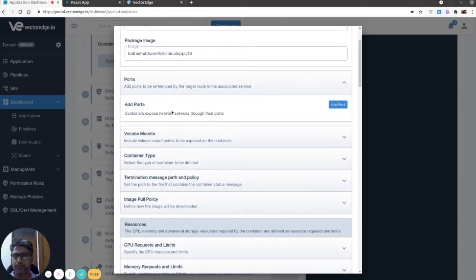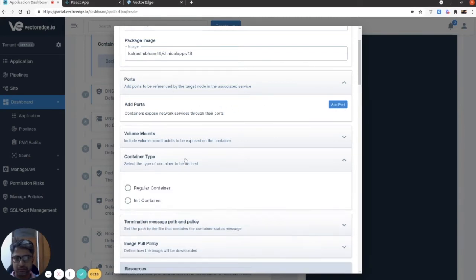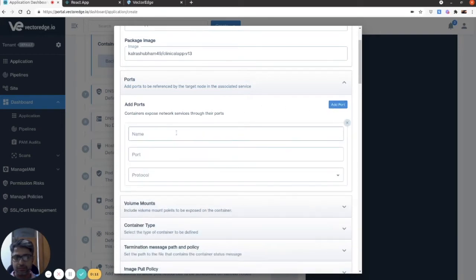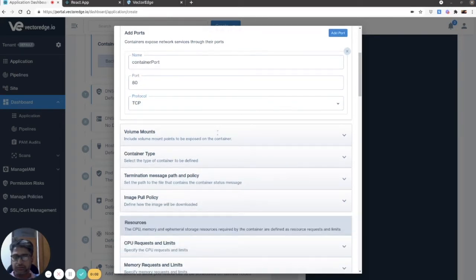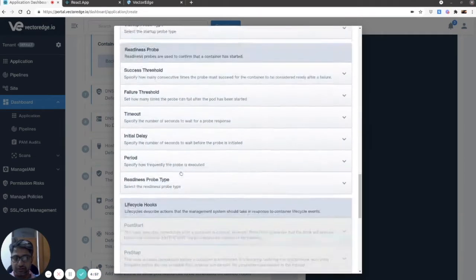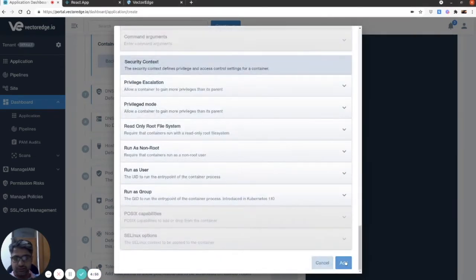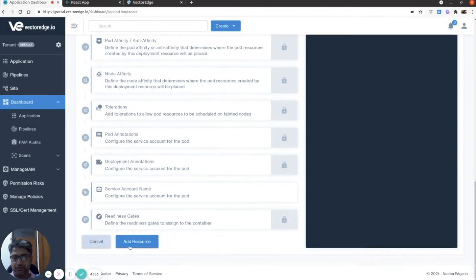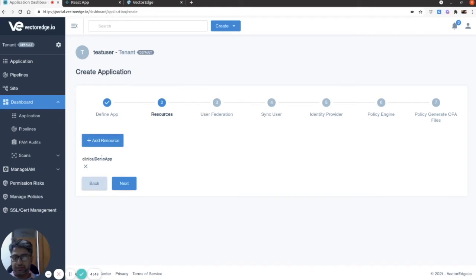I define the port on which I want to communicate, then the configuration of the Docker image. Next, add. So now I'm just skipping and adding this resource. Fine, the resource got added.